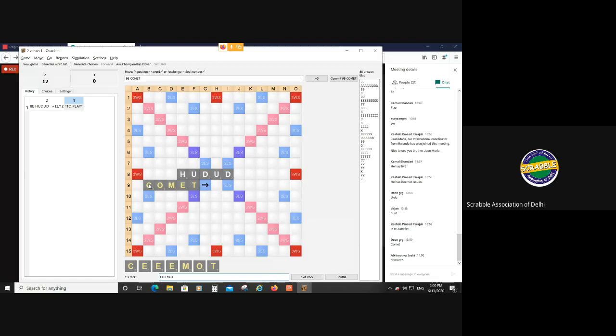But what is actually a better choice from this? Demote. Demote is also possible. Where would we put demote? We can use demote also. Demote is also possible. So somebody's come up with demote.